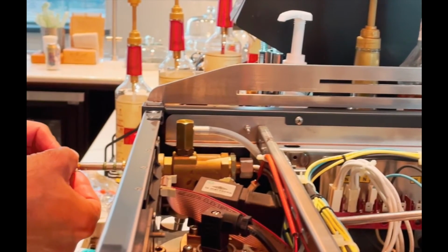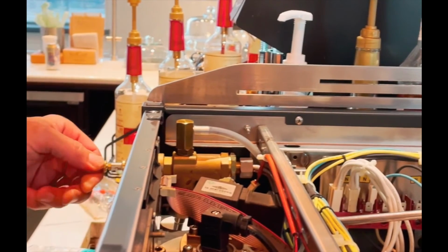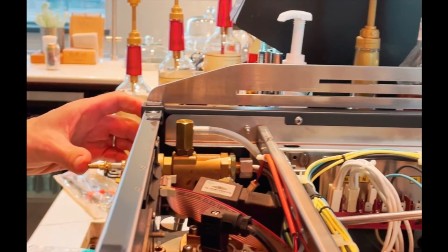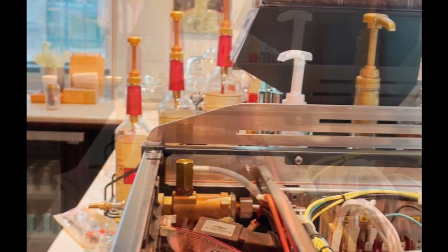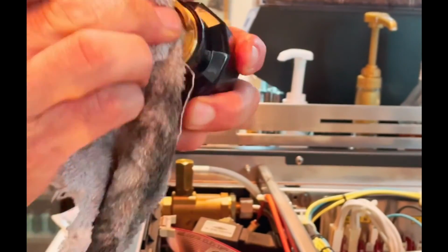And you can feel it's a little tighter because these O-rings now are brand new. A little bit of a tighter fit. You can feel you reach the end there where we have that spring plunger on the back end of the valve. Then I'm going to wipe off some of the excess lubricant that's hanging out the end of the steam